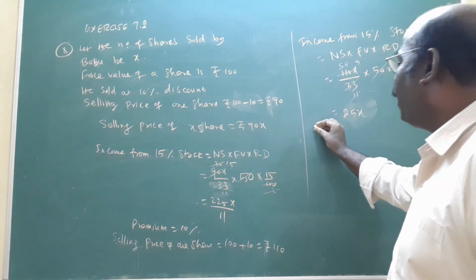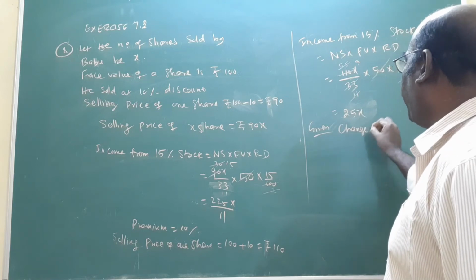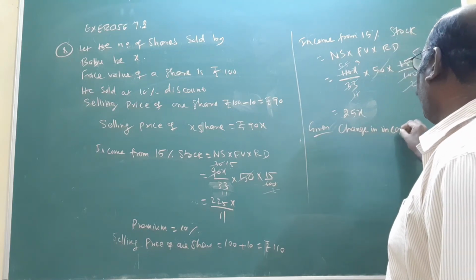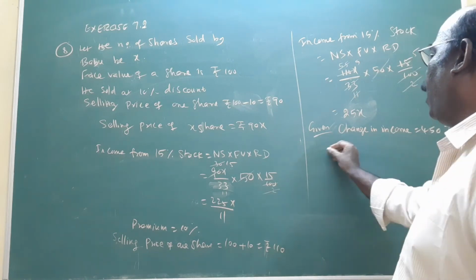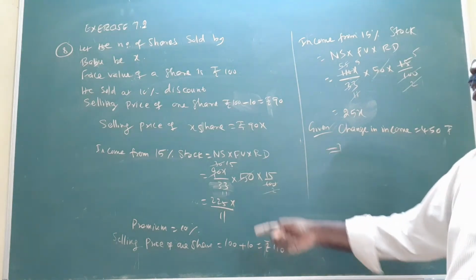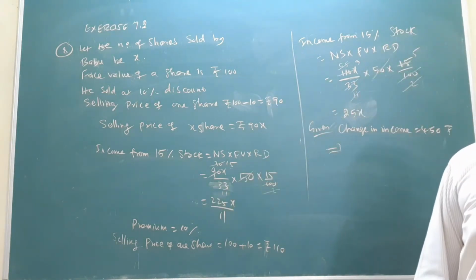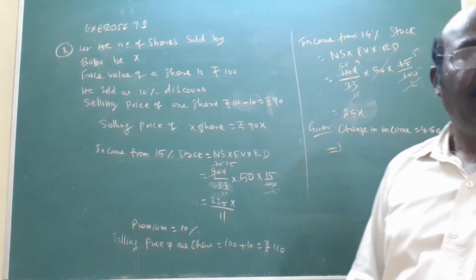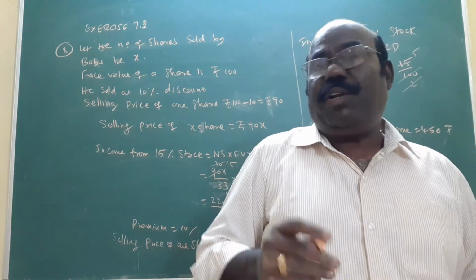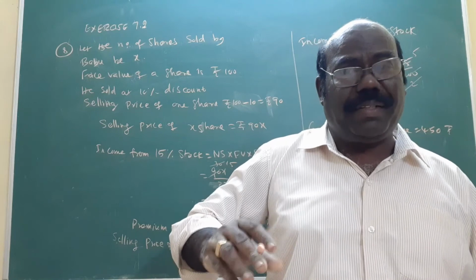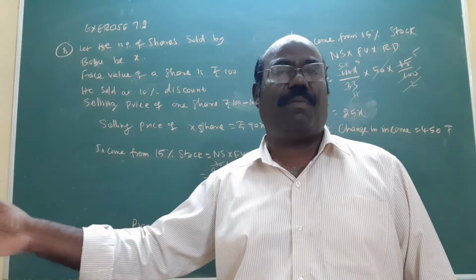Now, what is given? The change in income equal to 450 rupees is already given. Now, change in income is what? Already you know, the first income and second income. Second income is always more. Am I right? What I told you? Income from the first company, some amount is coming. We invested the same amount in the second company also. What is the reason? Because of the extra amount, some amount will become more.